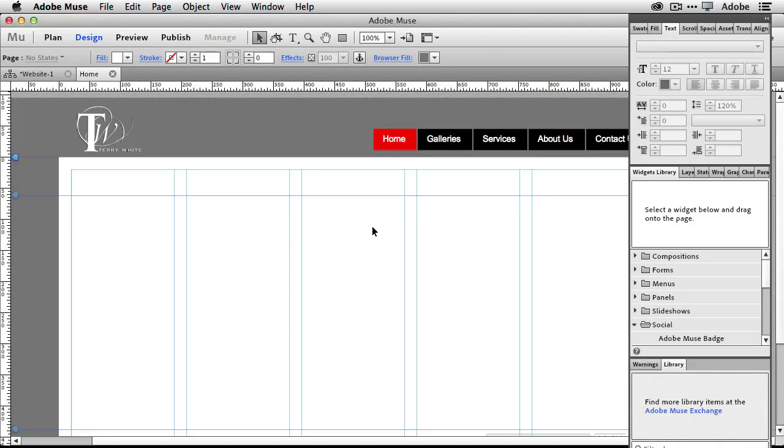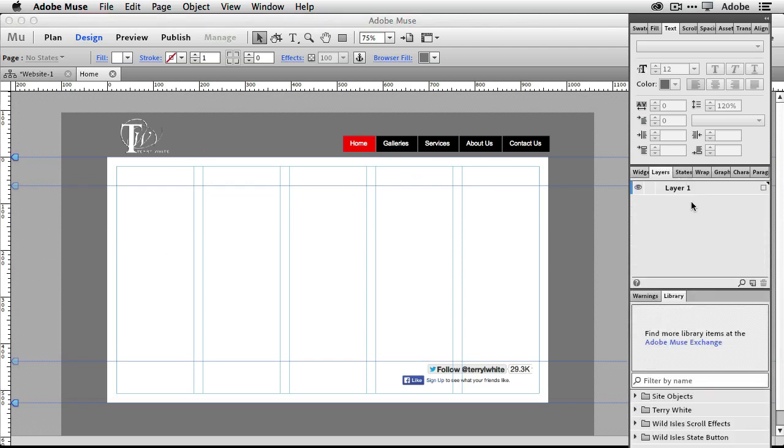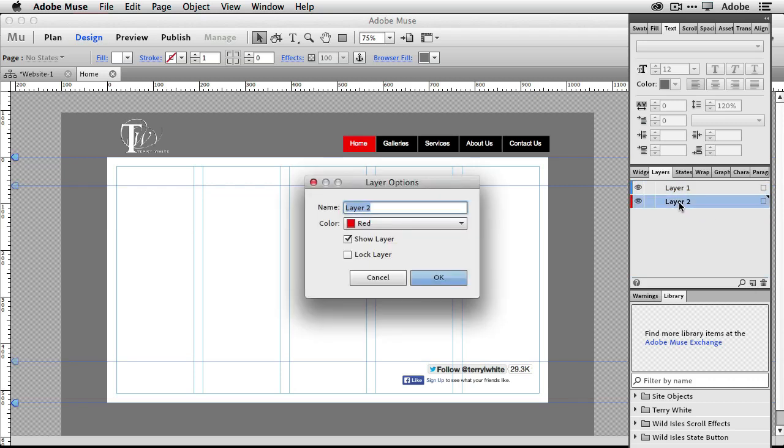So I want to add a slideshow on this page. I want a full screen slideshow, which is one of the newer slideshows we can do in Muse. One of the other things I want that slideshow to be is underneath everything else. I want the logo still to be there, the navigation to be there, so I don't want it to cover this stuff up. So that's why I'm going to head over to Layers, which is fairly new in Muse. And I'm going to add in a new layer, and we'll put this layer below, layer number 2, and we'll call that layer Background